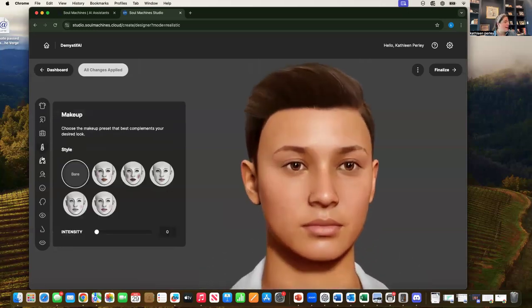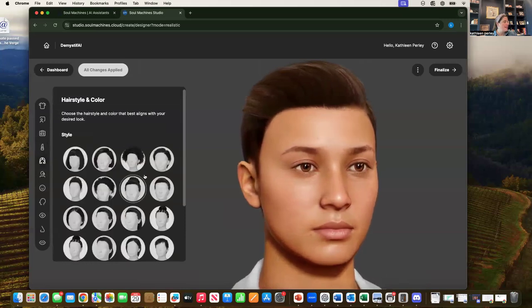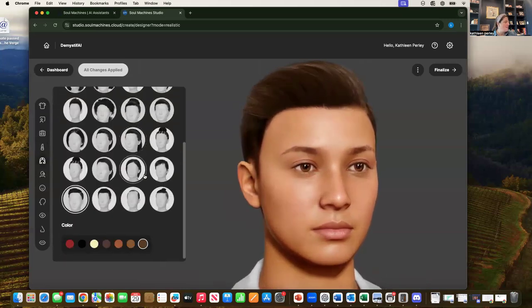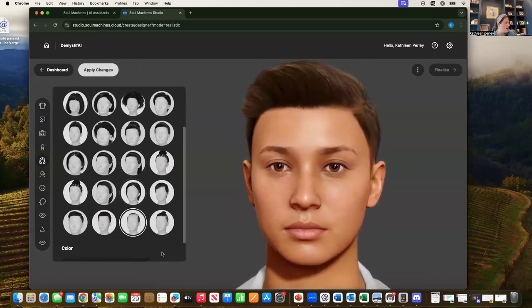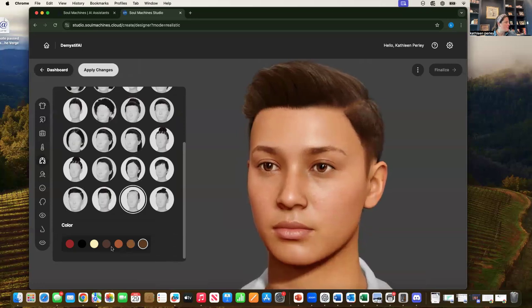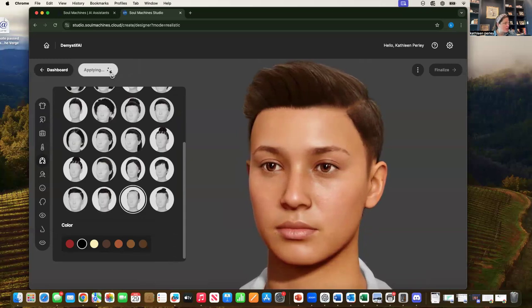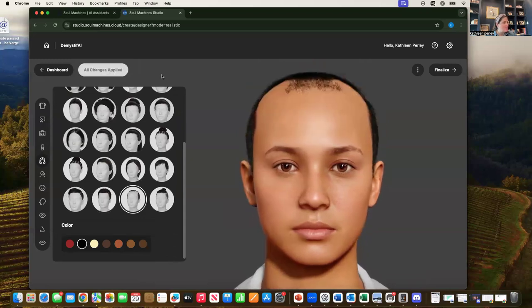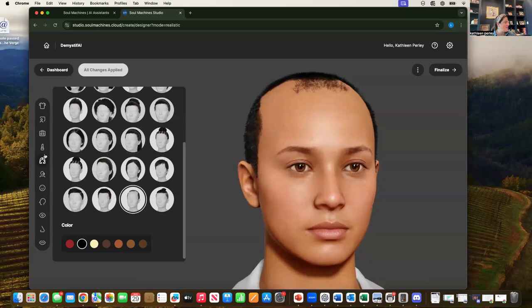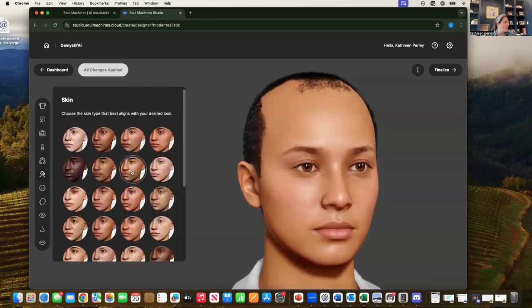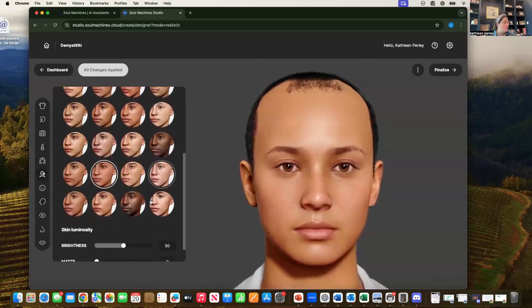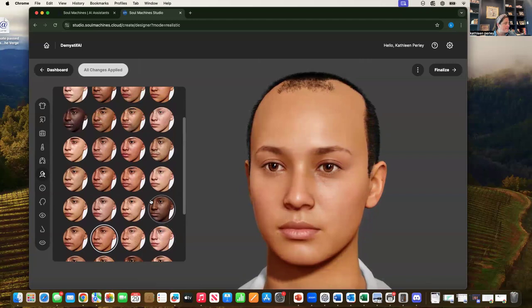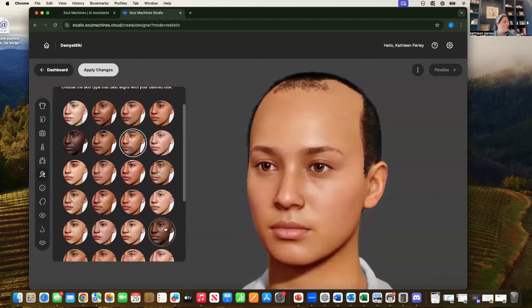You have the ability to add makeup, apply different hairstyles, and change the hair color. If we want to utilize more of an older look with some lacquer hair, let's try that. You can see how it changes. You also have the ability to select different skin colors. I do love that this tool gives you a lot of options, and then you have the ability to further